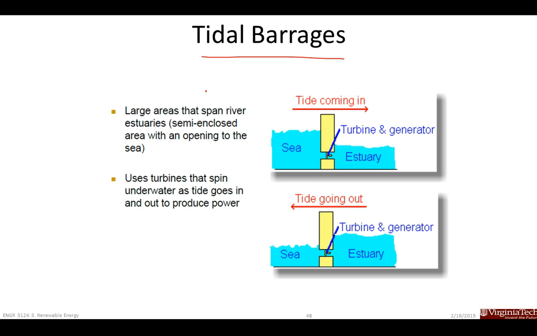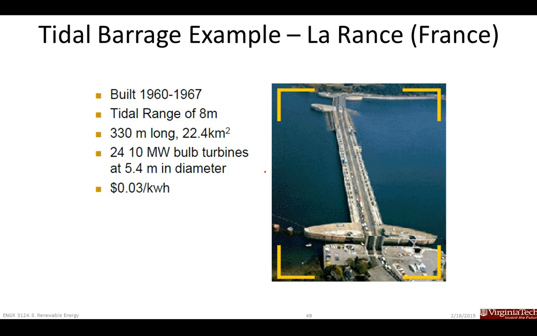The next slide, I believe, but it spans a river or the mouth of a river with a turbine in between, and it spins the turbine underwater when the tide goes in and out, like this picture. Yep, here we go. So the tide comes in or out, and this is just a bridge, so traffic can go past. And what it does is it spins a turbine and then thus produces electricity